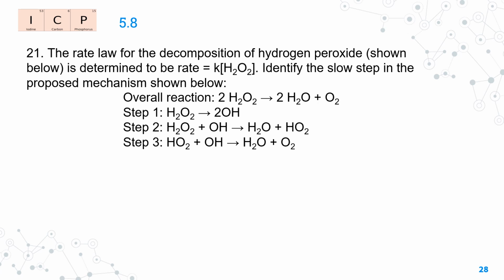So what we know about slow steps is the slow step is going to be equal to the rate law of the elementary step. And if we look at what our overall reaction has and what each step has, we can say that step 1 is our slow step